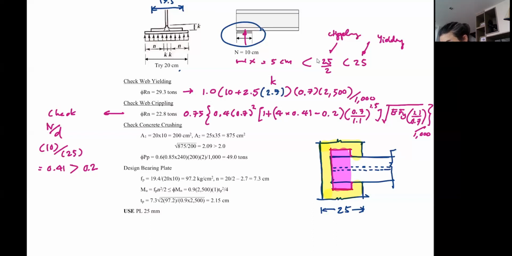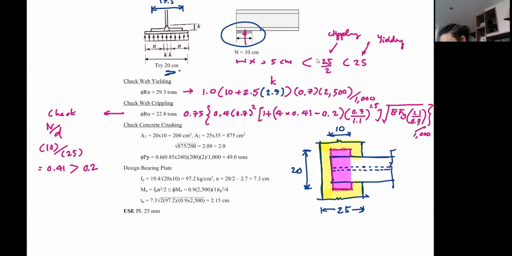And we are saying that we are going to try to use this 20 centimeter. So that is 20, and that is 10. Okay. So now the question is how much or how big my A2 can be now that my